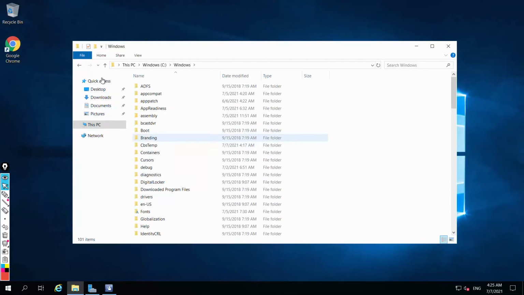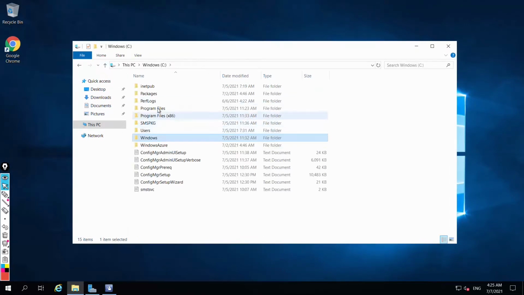It will be under program files probably.